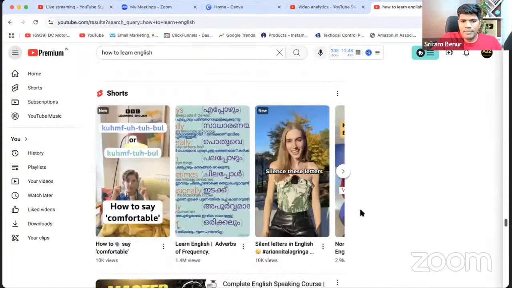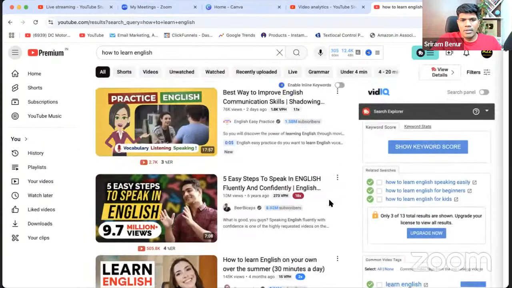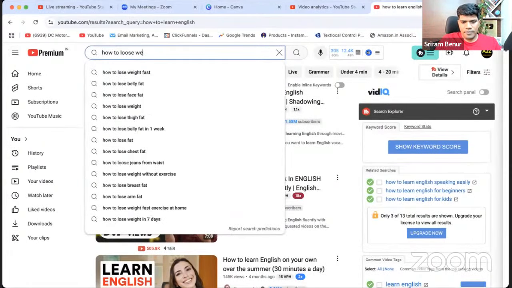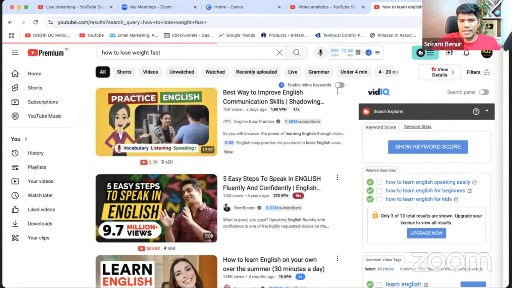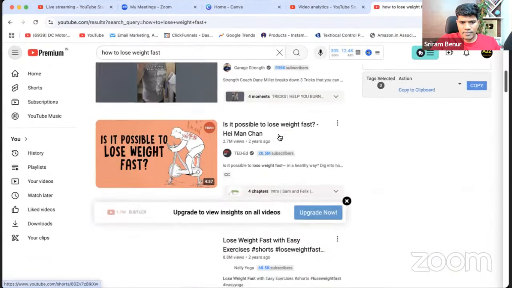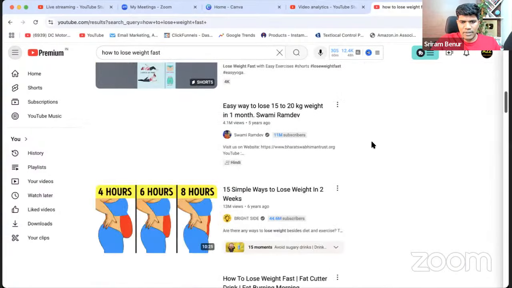Share some examples here. Okay. Let me give you some example. How to lose weight fast. Example. Okay. Let's see. I'll give some example here so that you can understand.